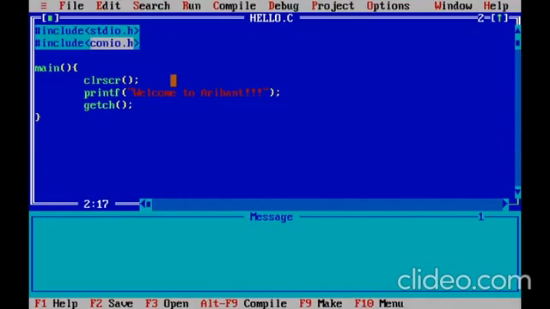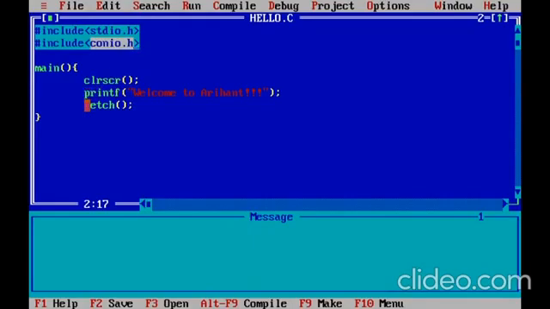So conio.h is a console input output header. Every time you produce an output, it clears the console and puts the output on a fresh console. Now I have used the printf function, and in the printf function I am printing a string literal, which says welcome to Aryan. And the printf function is defined in the stdio.h header file. So these two header files are pretty important.